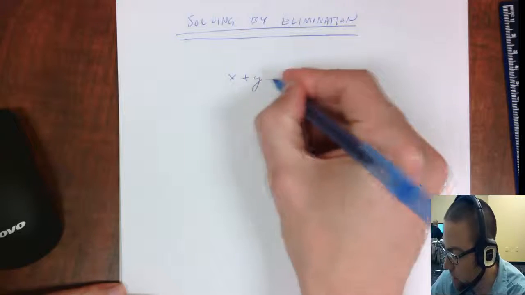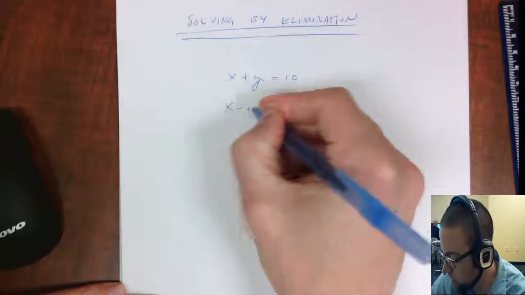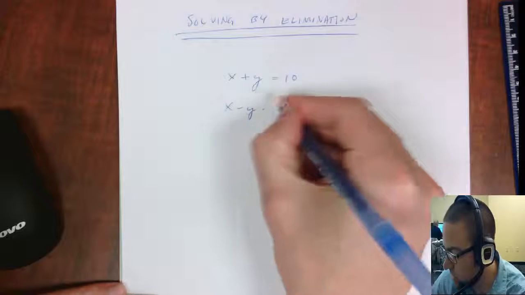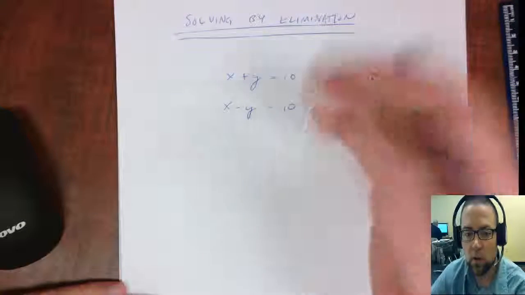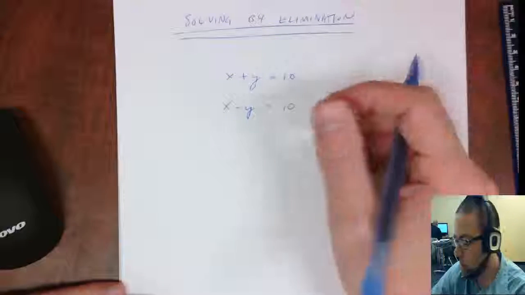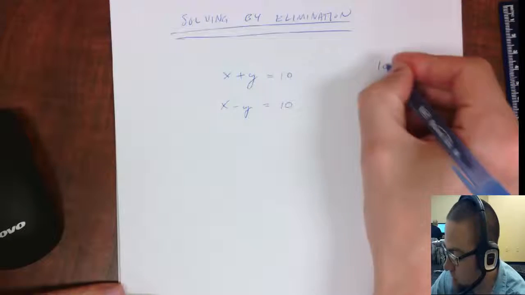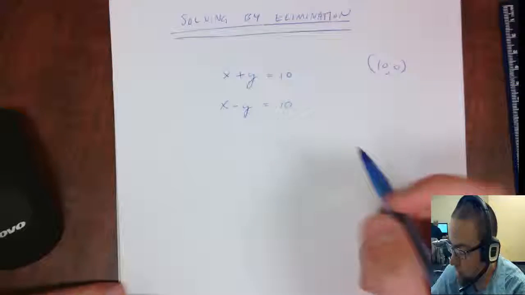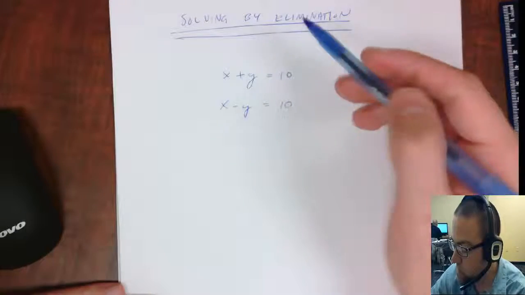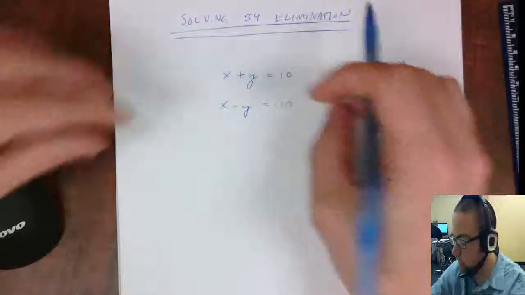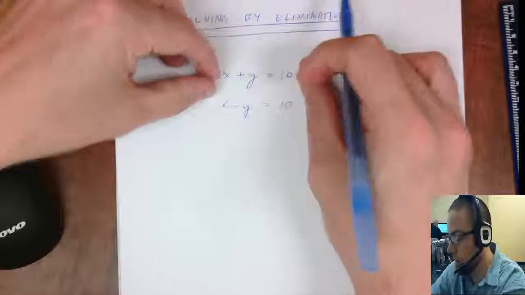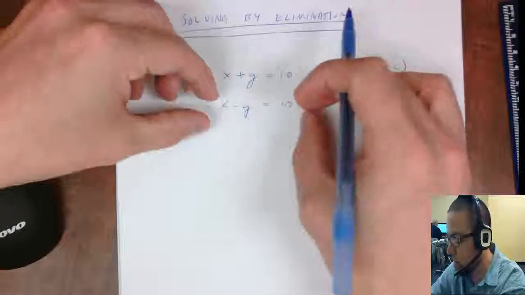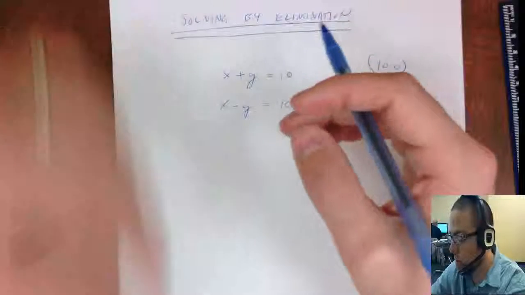So let's go back to our original question. If we add two numbers that equal 10, and subtract the same two numbers that equal 10, what numbers make that true? And we already know that 10 and 0 is the ordered pair that would make that system true. Now, talking about elimination, this method is where we take the first equation and the second equation, and we take the fact that if we subtract